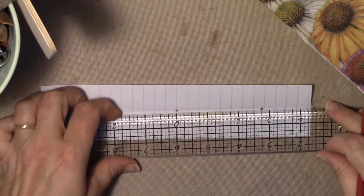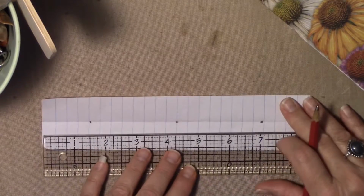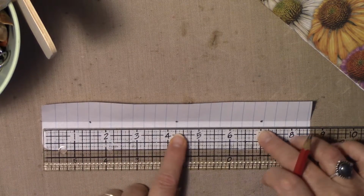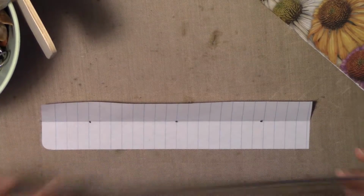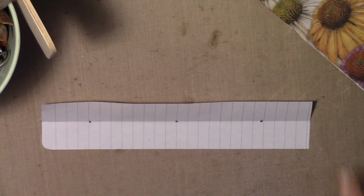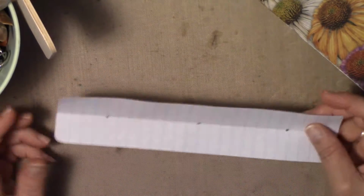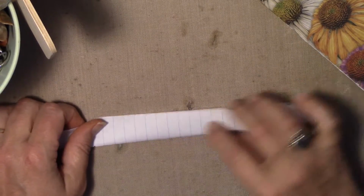All right. So again, if you only had a regular ruler, you're basically at 1.5 and it's 7, and this is 4 1/4. So you can figure it out. Either way, it is easier with a centering ruler. And that's the Tim Holtz ruler, and it is a centering ruler. The sewing department will have some centering rulers as well. Okay, so I've got my holes, and now I'm going to